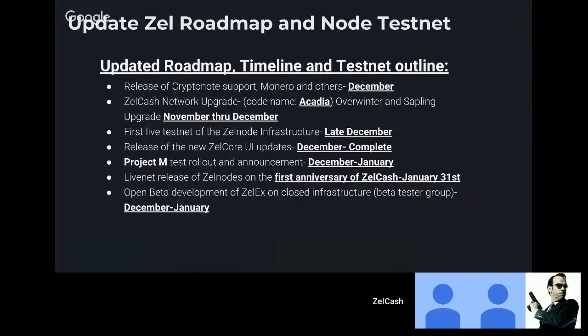So this is a roadmap we've shown before, and we'll just keep updating it as we go. As we've been saying, we're trying to do crypto note coins, Monero forks. That's still planned for December. I just talked about the Acadia network upgrade, which is slated for December. Live testnet of ZelNodes is still slated for late December, and an update for where we are in the progress of ZelNodes is